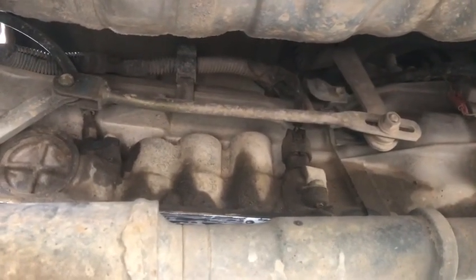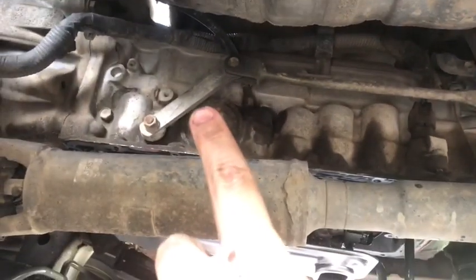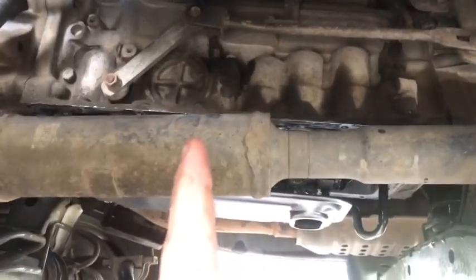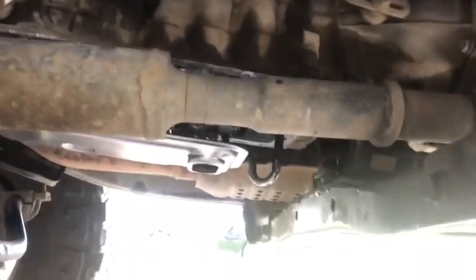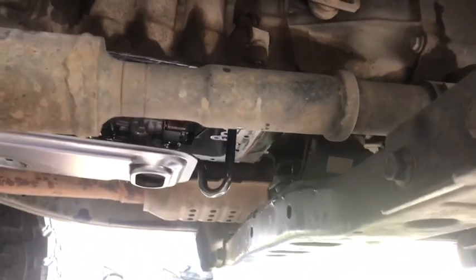To adjust that, you actually loosen this nut up, right? You're gonna take this lever here and you're gonna click it, obviously with something blocking the tires and the e-brake and all that fun stuff. You're gonna click this over all the way clockwise. Then you're gonna go back twice that way and it's gonna be in neutral. You're gonna have somebody in the truck helping you out, put it in neutral, and then tighten that bolt up wherever it's at. So that is how you adjust this linkage to tighten everything up to where it's supposed to be,